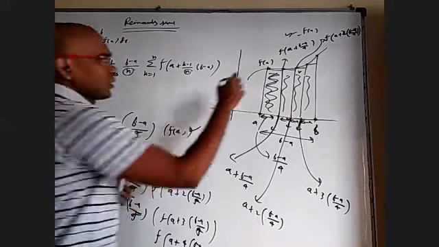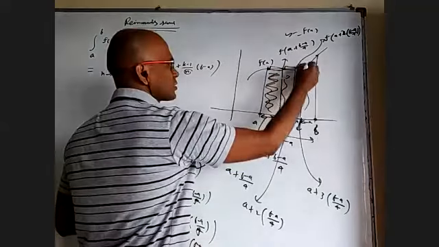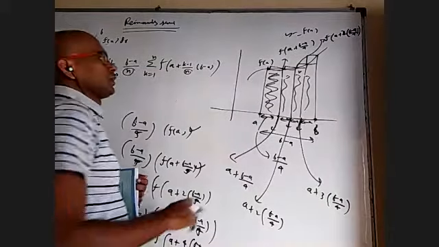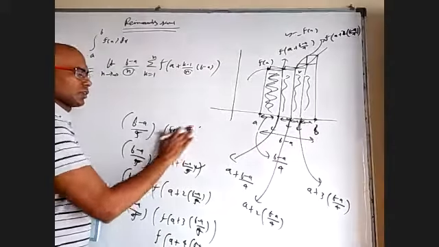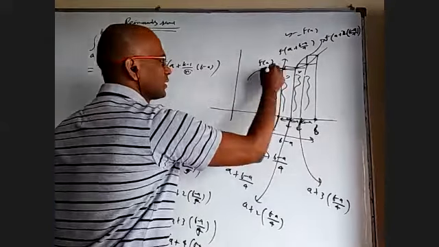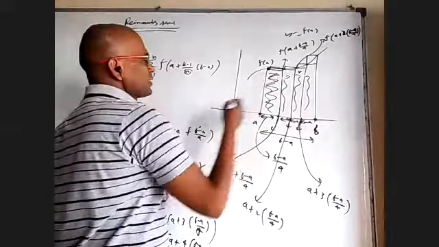Now one may say, why are you taking only this rectangle? Instead of that, I want to take this rectangle higher wise. Okay, so you can take that. Then first f of a will not come. First itself a plus (b minus a) by 4 will come because I am taking the height here. Okay, nothing wrong. It depends on the curve shape.